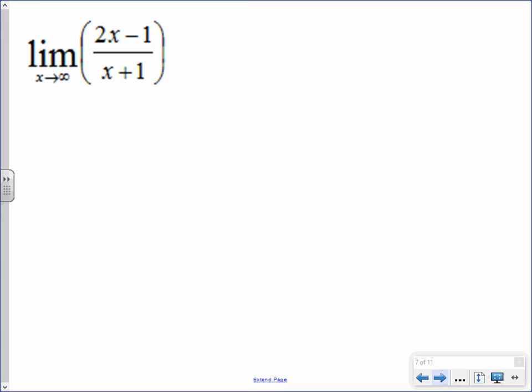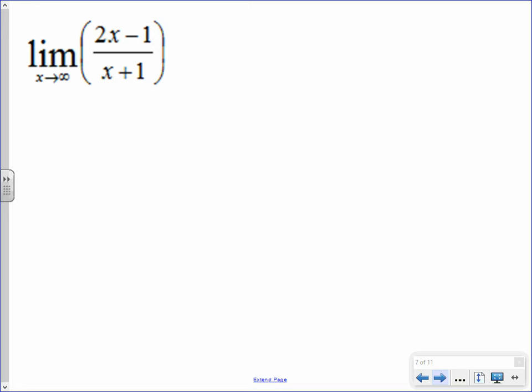We're going to do it one way, and then I'm going to show you how to do it a second way, and you can decide which one you like better. Okay? If we think about direct substitution, or not necessarily direct substitution, if we look at this as